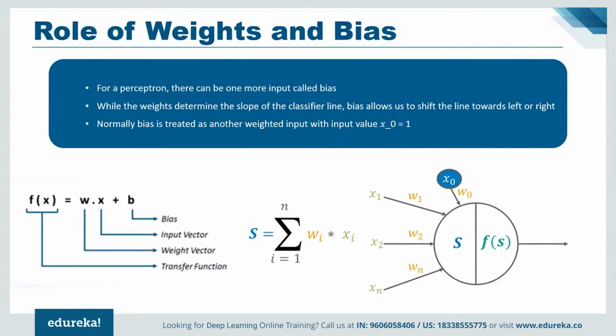Mathematically, one can represent a perceptron as a function of weights, inputs, and bias. Each input received by the perceptron is weighed based on the amount of its contribution to obtaining the final output. Bias allows us to shift the decision line so that it can best separate the inputs into two classes. Now, enough of this theory, let us look into an example of the perceptron learning algorithm where I will implement the AND gate using a perceptron from scratch.